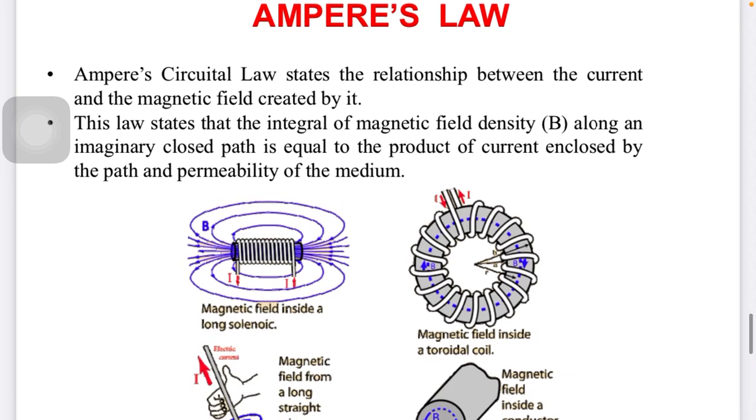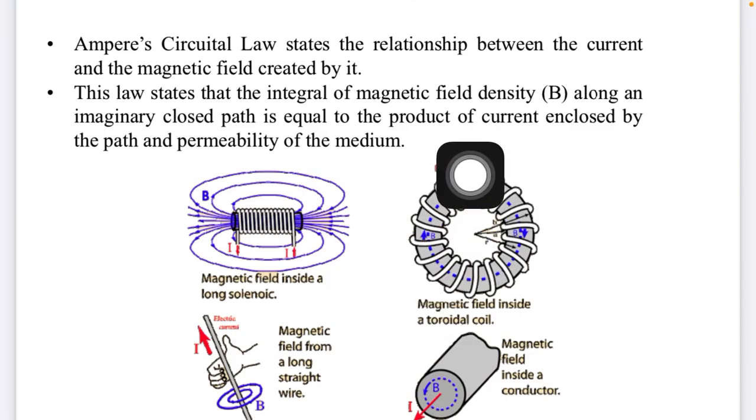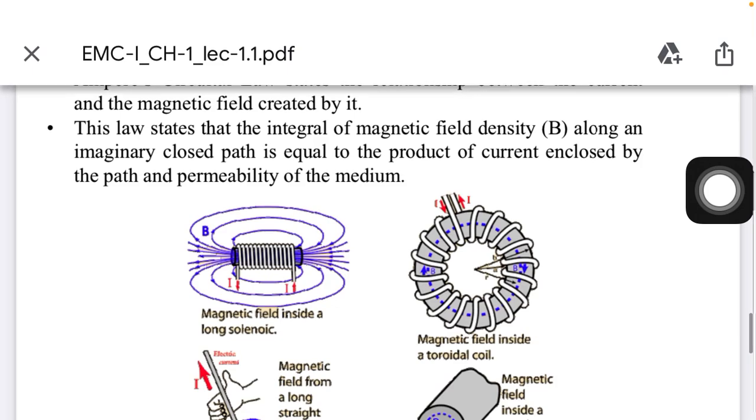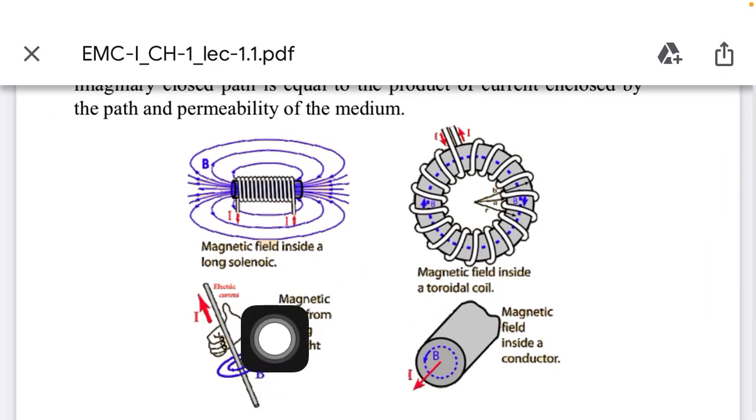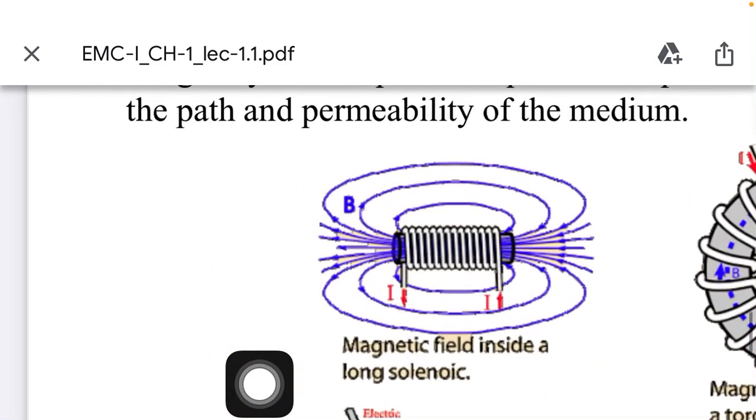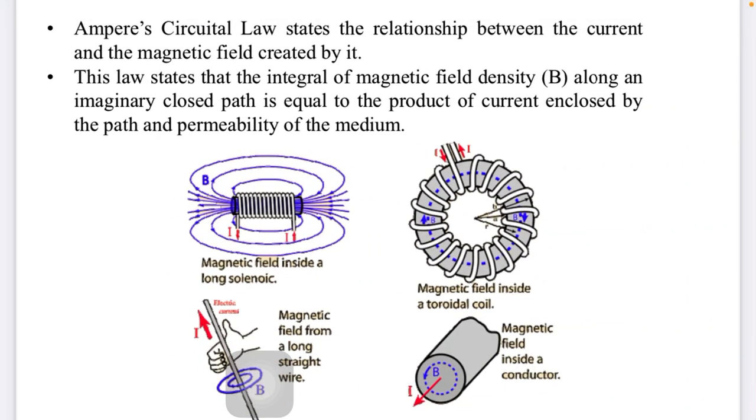Solenoid છે, એના પર coil વિટાયેલી છે, supply આપ્યો છે, તો what is the relation with the magnetic field જે generate થાય. Thumb rule, we know the thumb rule, directions of the magnetic field and direction of induced current, right? So Ampere's law is nothing but the relation between current and the magnetic field which is created by it.